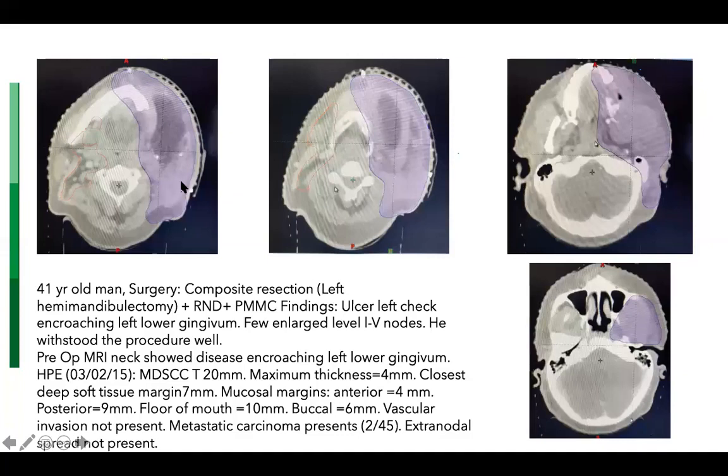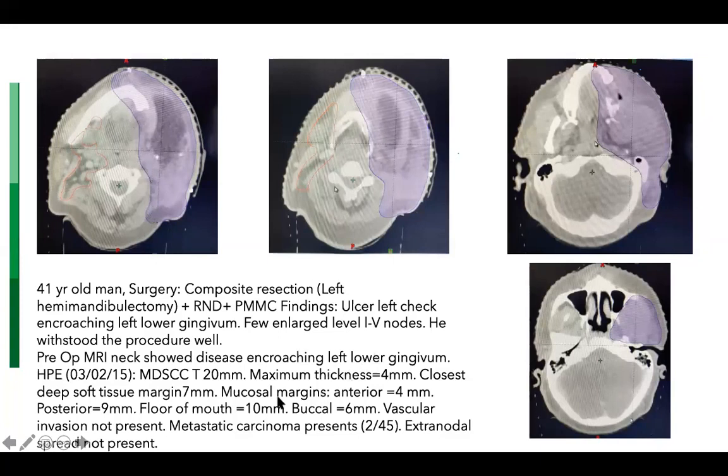This is the wire. This may be the wire of the flap. There would be another wire for the posterior extent of the scar in the neck. And then we would include the flap. We would go 1 centimeter, at least 1 centimeter across. On the other side, we would include the mandible and at least 1 centimeter of the floor of the mouth, 1 to 1.5 centimeter of the floor of the mouth.